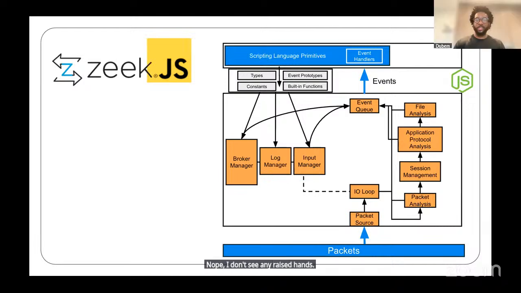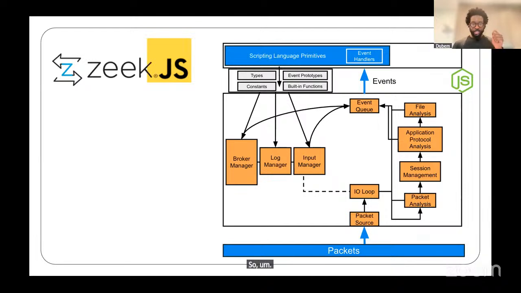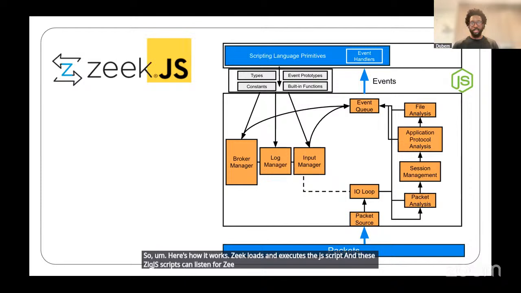Awesome. Okay, so in a nutshell, Zeek.js is a plugin. It's an IO source plugin, right? And what it does is lets you run JavaScript or Node.js right inside of Zeek. It's relatively new, but I've already seen really cool applications. So why not machine learning? So here's how it works. Zeek loads and executes the JS script, and these Zeek JS scripts can listen for Zeek events. They can access and manipulate Zeek's internal states, and they can take action like create and modify events and interact